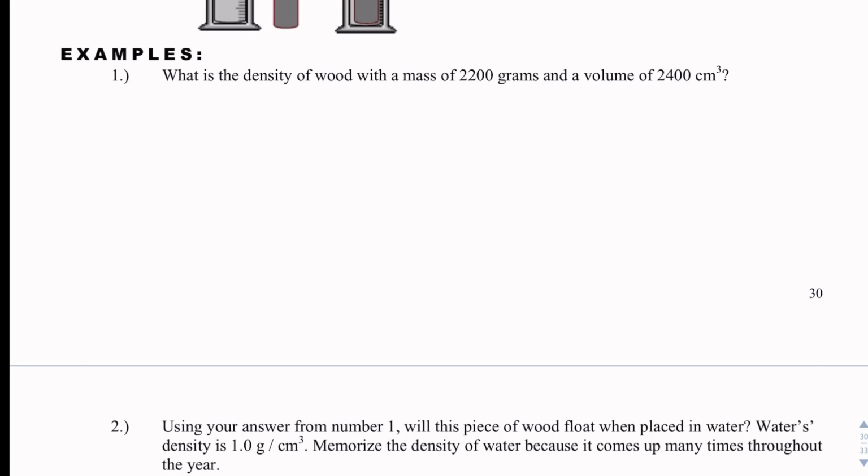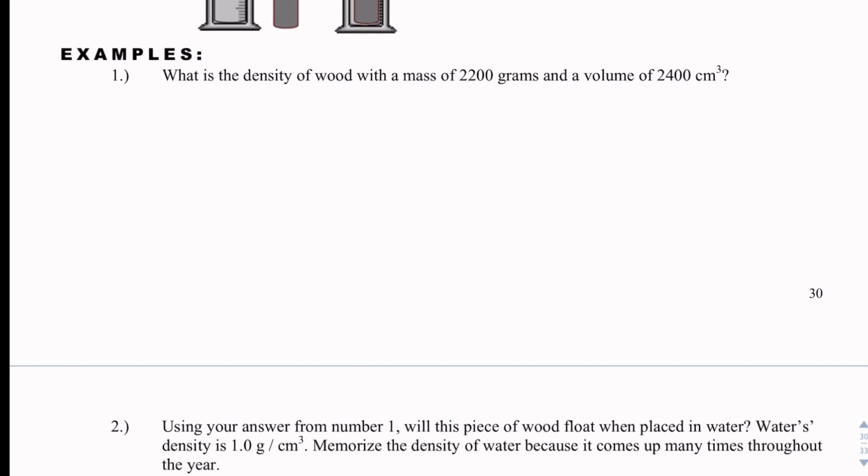When you read a question in any chemistry context, whether it's density or something else, I think you should be underlining what you're given and circling what you're trying to find. Additionally, if you are using a formula, in my class, you always get a point for writing down the correct formula you use. So whether you know how to solve it, that's important, but you should always be writing down the formula, because if you don't know how to solve it, that's a bummer, but at least you'll get a